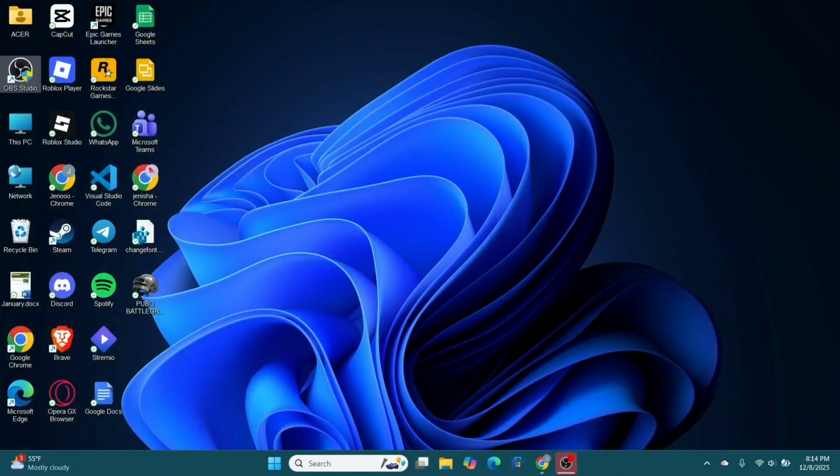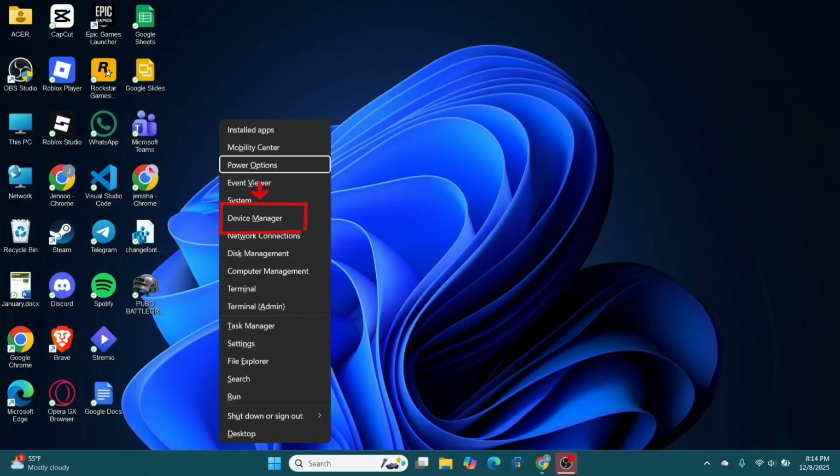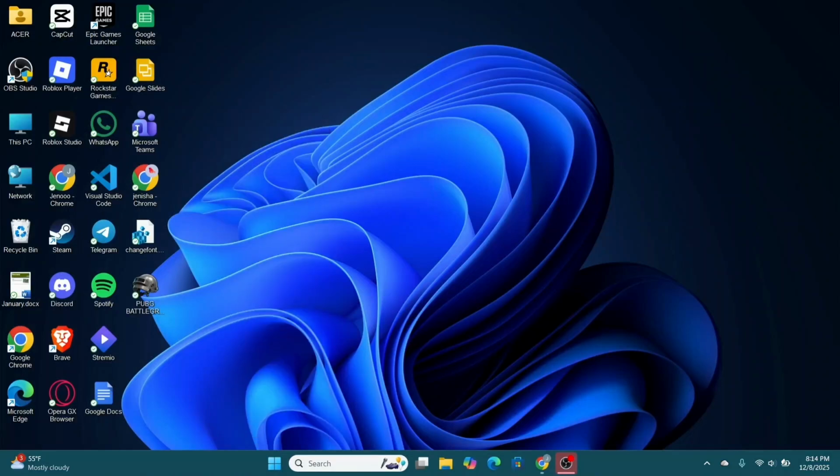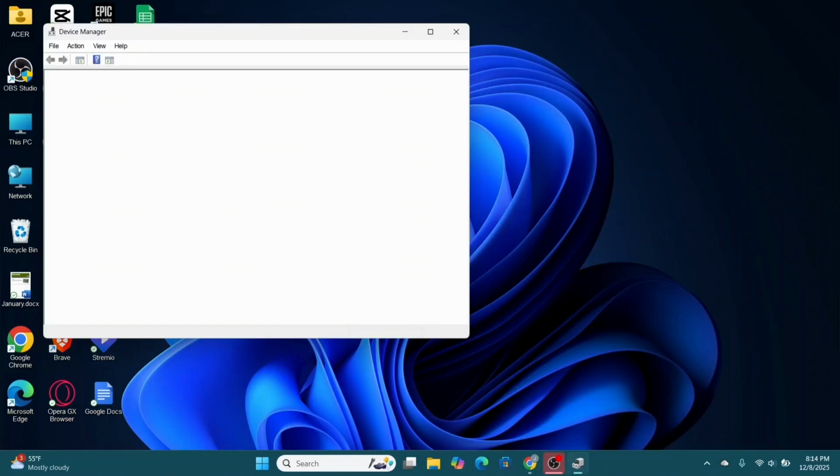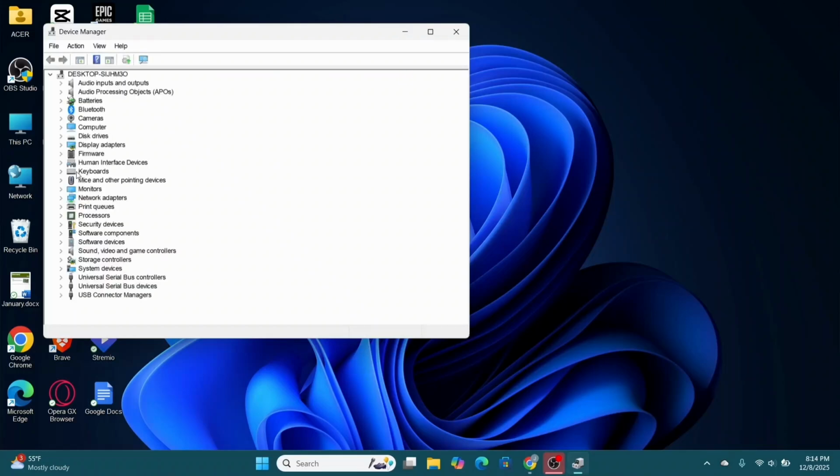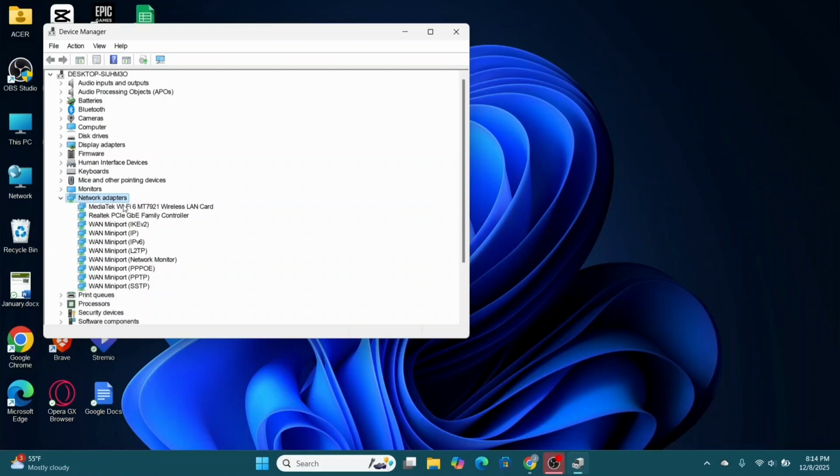Apart from that, you can reset your network adapter. So press Windows plus X and go to your Device Manager, hit enter. And once you go to your Device Manager, you can expand Network adapters. So find the option for Network adapters, expand it up, find your current network adapter, right click on it, select